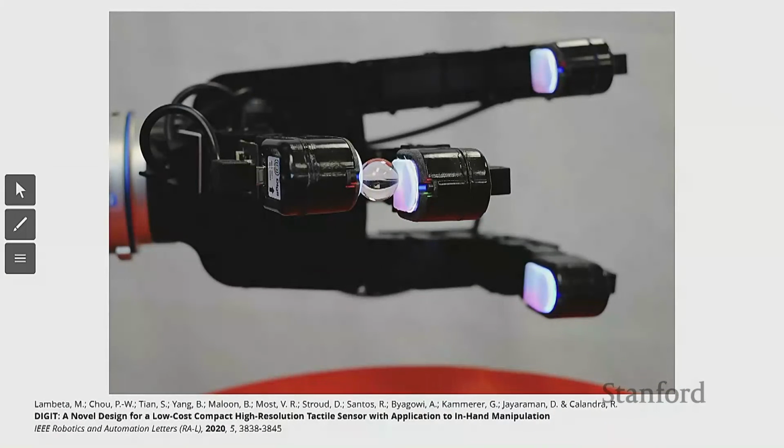Also, another application which I think is very cool from 2020 is being able to manipulate small marbles, glasses. This is a task which seems relatively easy for humans, but for robots it's actually extremely hard. The reason is that you need at the same time to move a marble between your two fingers, but you also need to modulate the force between them and the marble.